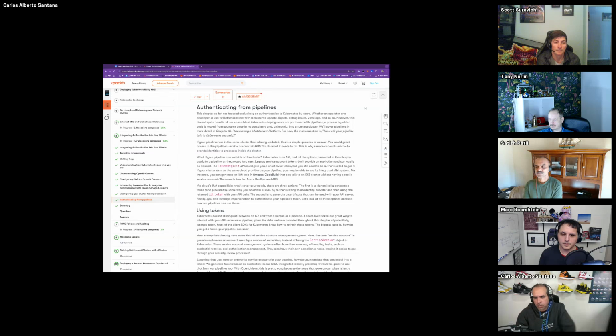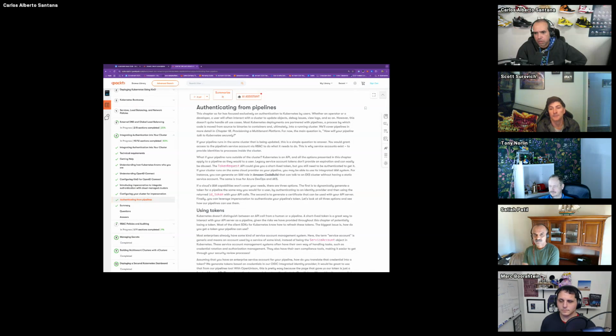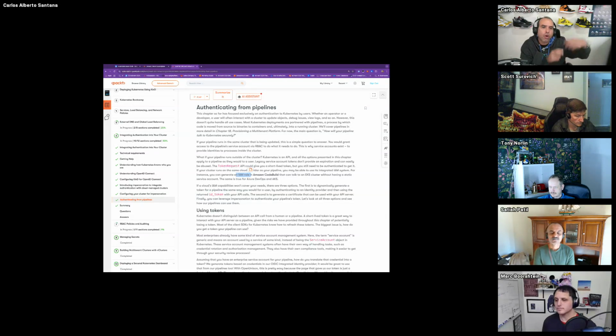Yeah, so I saw those anti-patterns. The same thing if you're using a cloud provider, use the IAM role. In a GitHub action, you can exchange your GitHub identity for an IAM role identity. And then in EKS, you log in with that IAM role that matches to a group.